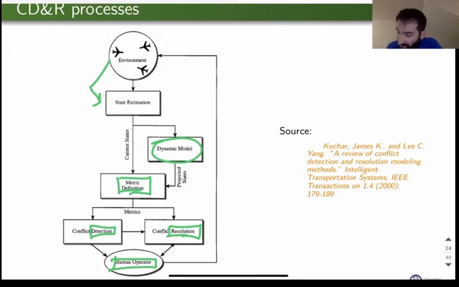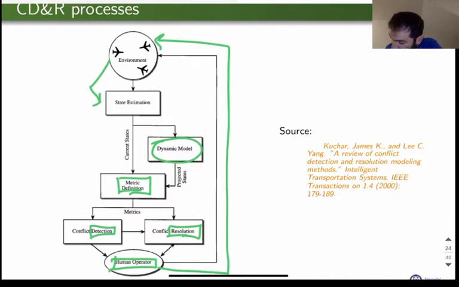operator. So we can either detect and provide information to the human operator, and the human operator is instructing information and feeding back to the environment. That's one option. The other option is that we detect, then we call a conflict resolution routine, and then the conflict resolution routine provides to the user or interacts with the user and provides an avoidance strategy, right? And then the operator is the one to implement that strategy that has been suggested or not, and then again